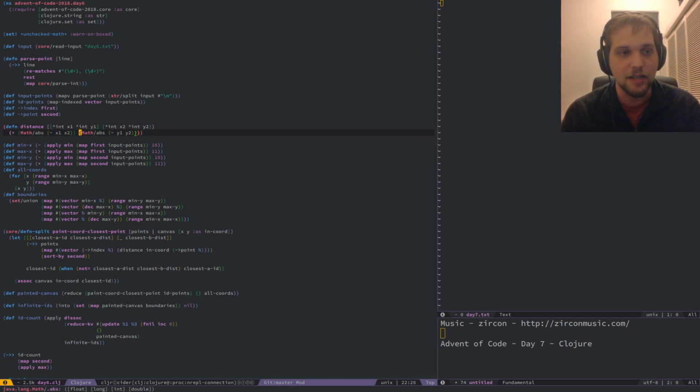I think that's because math/abs takes in, I think, either ints or longs. I think there's like variants of that signature. I might be mistaken. Either way, it didn't know what to call, or it was doing boxing for some reason. Adding type hints here massively accelerated this solution to the point where it runs in only a few seconds as opposed to waiting around a whole minute for it to build that map.